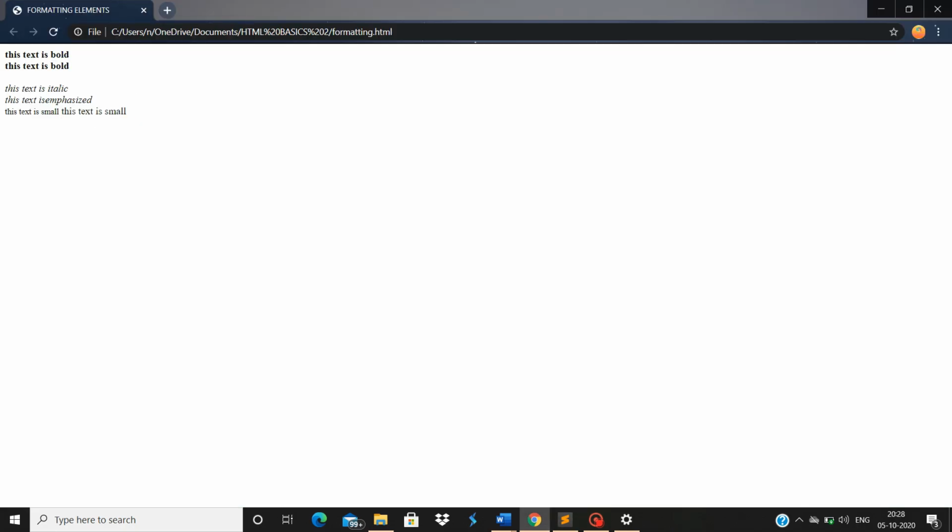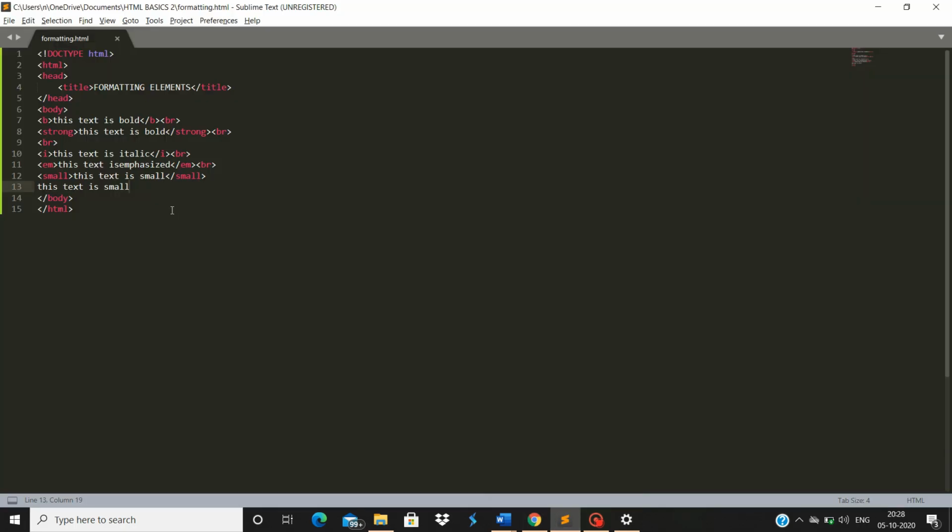Without this small, you can see the difference. This text with the small tag or element is smaller than the normal text without the small tag.